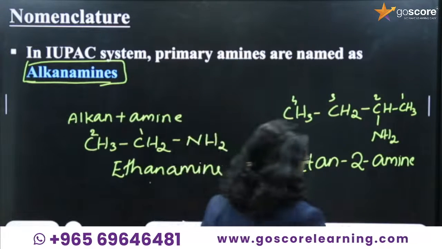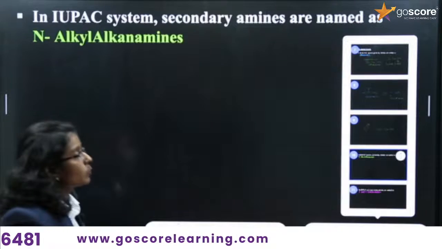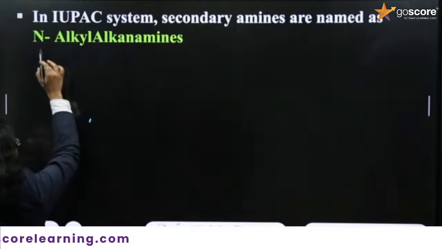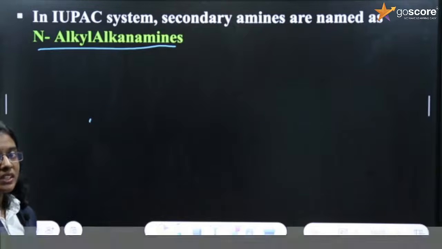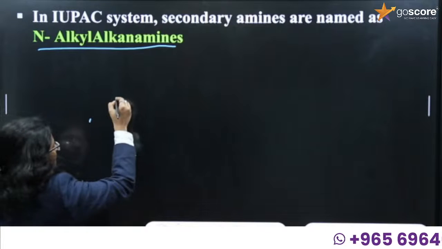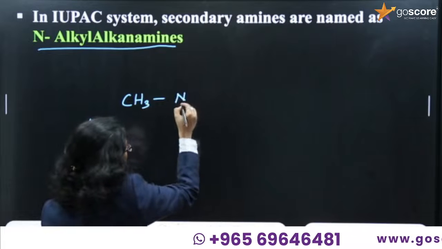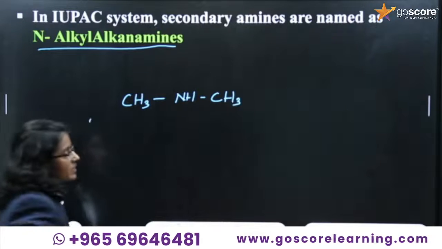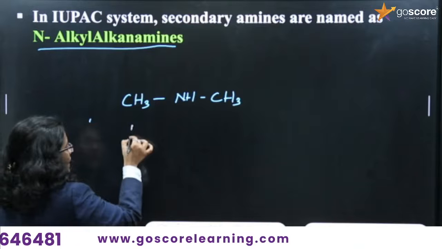Then we are moving to the secondary amine. If it is a secondary amine, the nomenclature will be N-alkyl alkanamine. N-alkyl alkanamine. Write in your notebook: secondary amine is N-alkyl alkanamine. For example, CH3, NH, CH3. See, this is an example for simple amine, is it? So the naming will be N